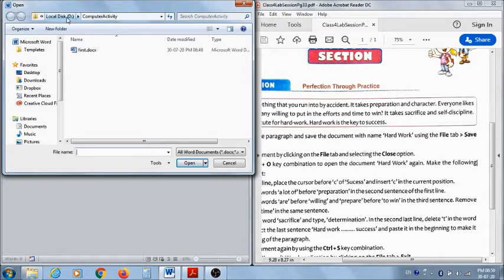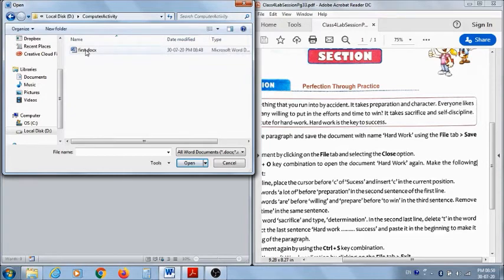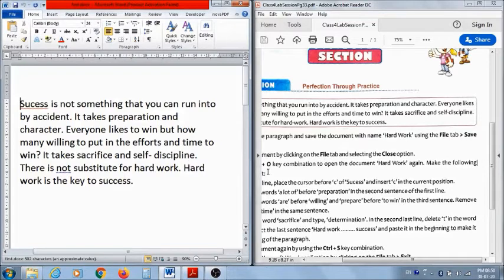So you know, in the local disk D under computer activity folder the file is there, but by mistake suppose you are out of this folder. What you have to do, you have to go to the local disk D drive, then you will find the folder. So this is the folder, double click and open and click the file to select it and click on open. So the file is open now.